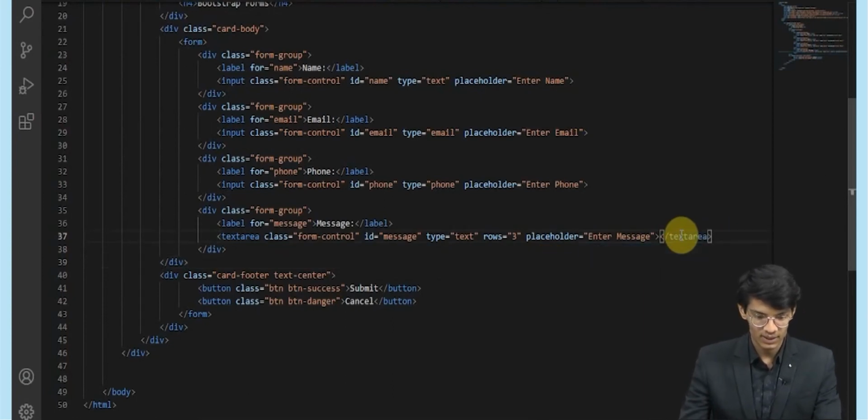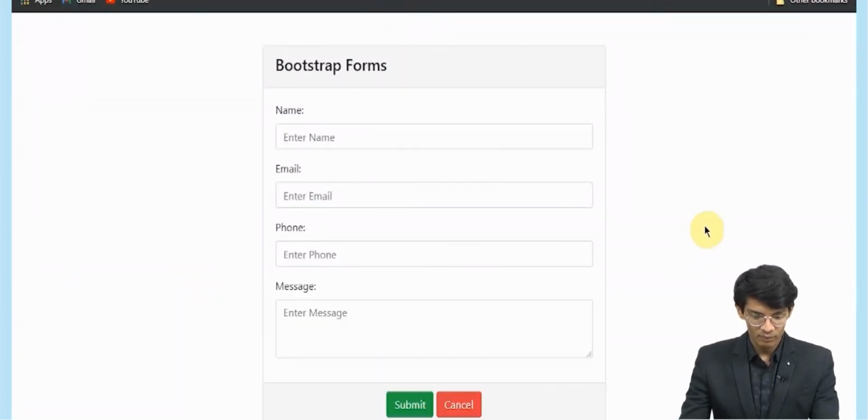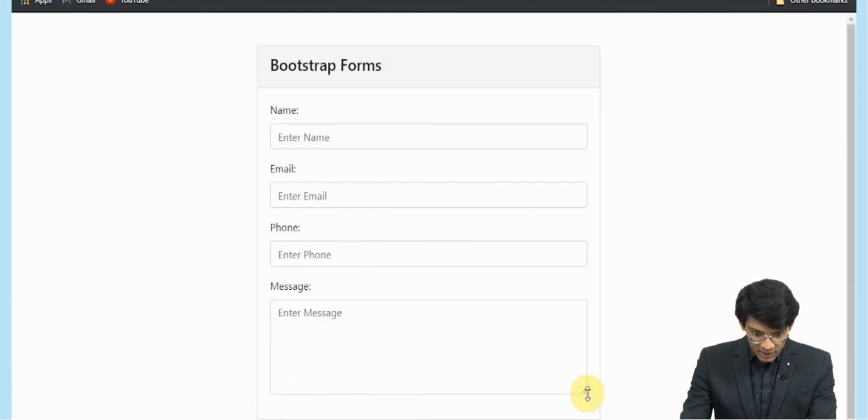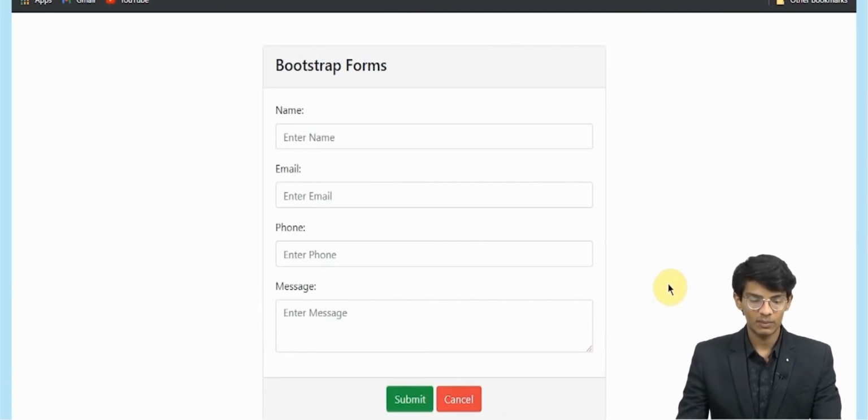We'll close the tag. Now let's see what we get. We got a text area which is responsive as well in Bootstrap.